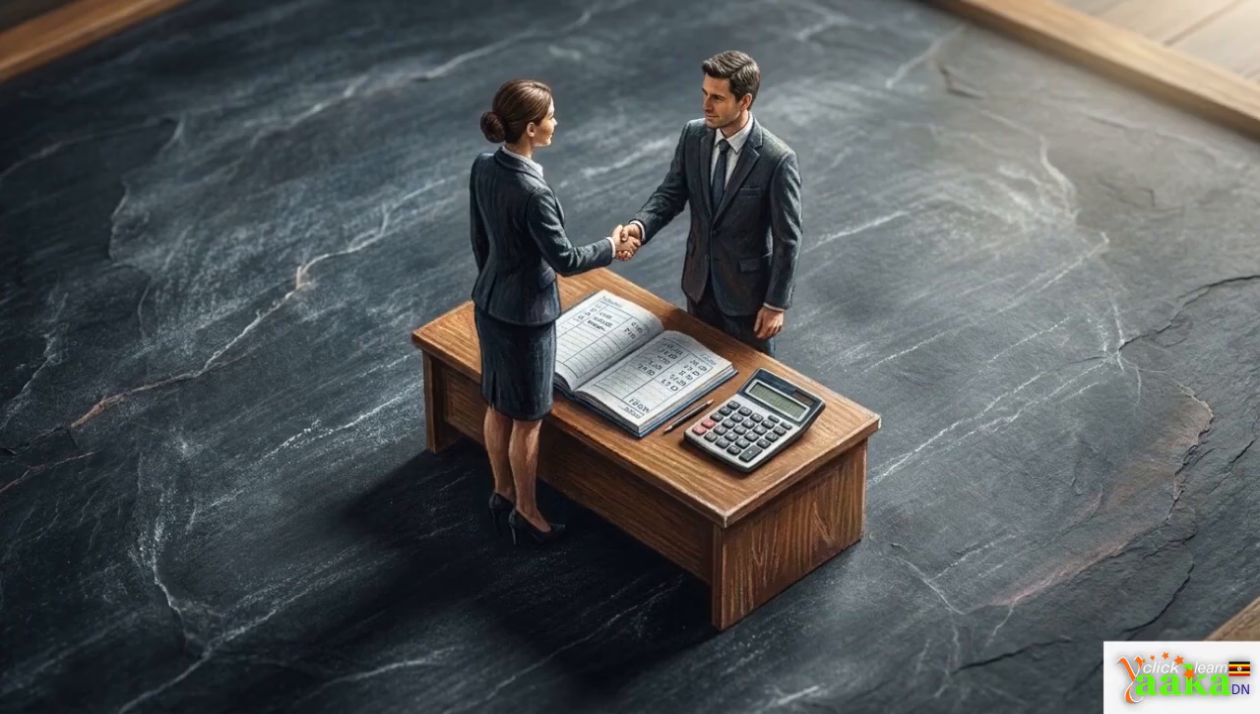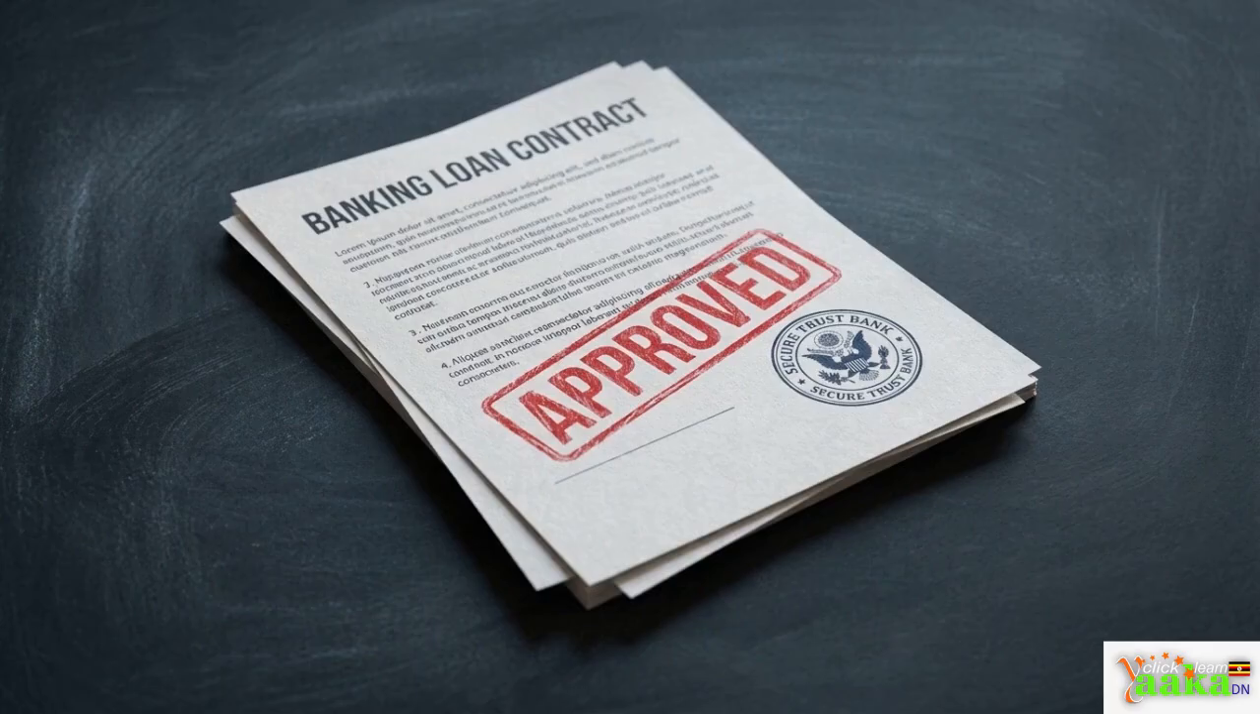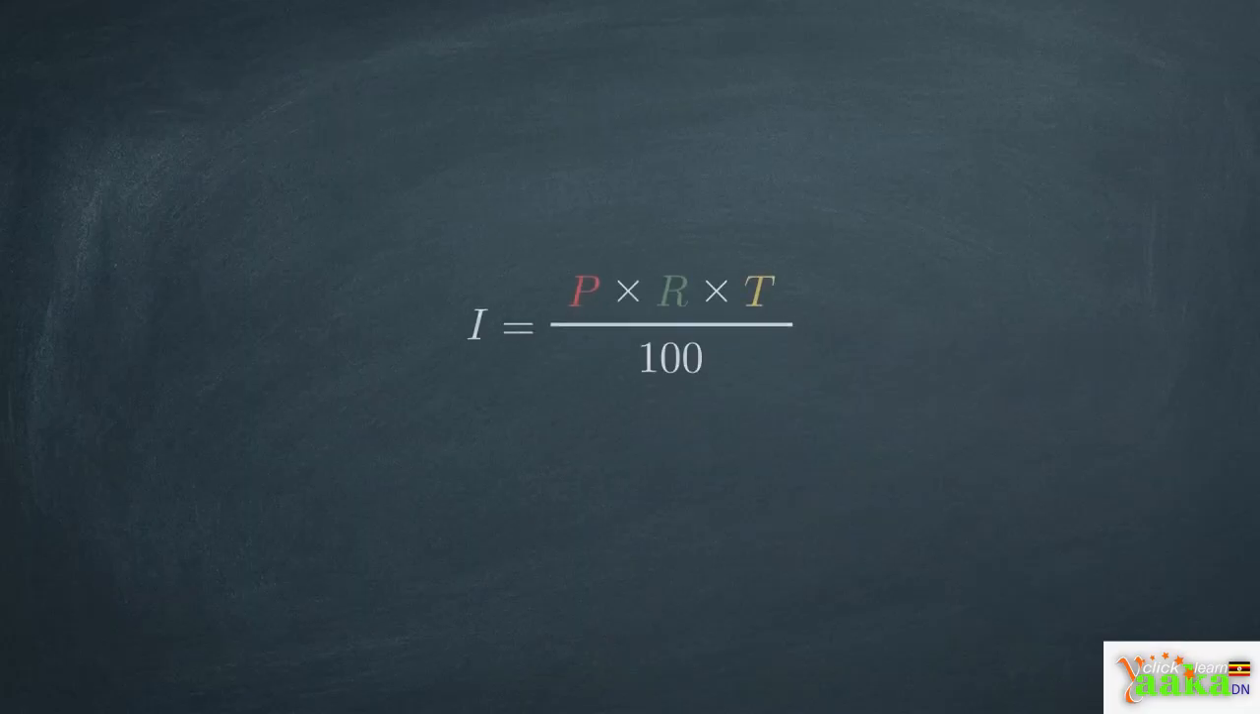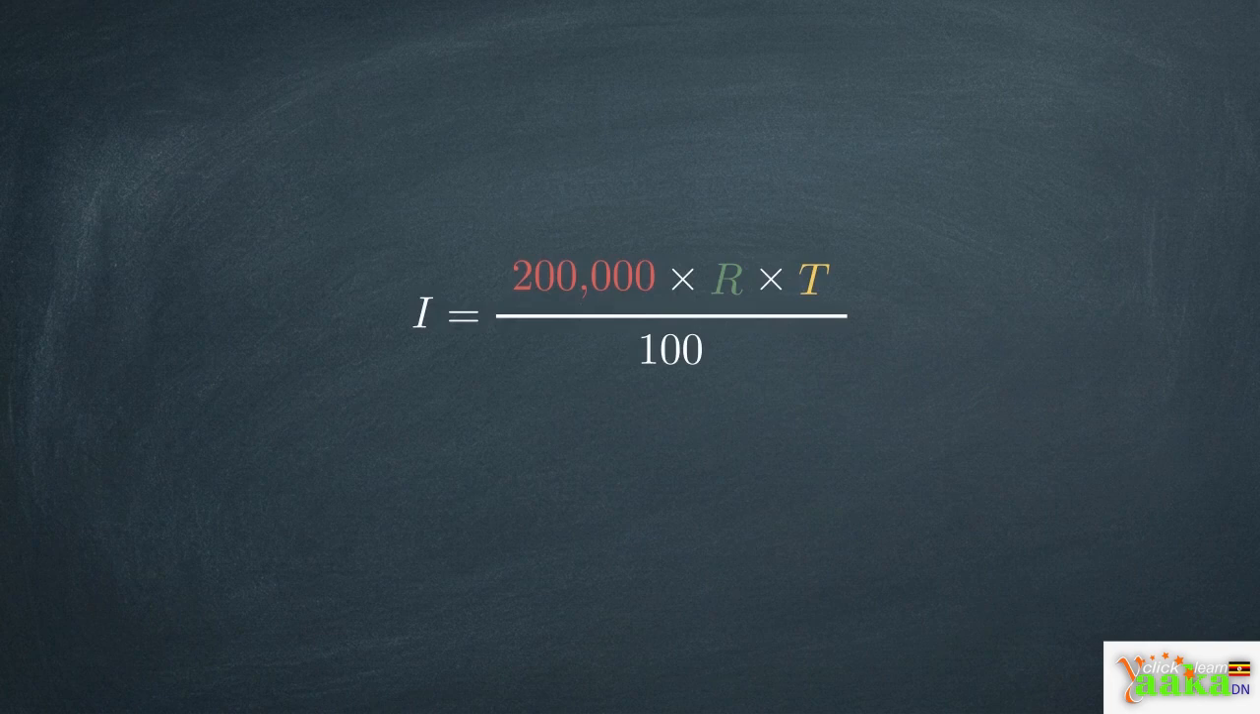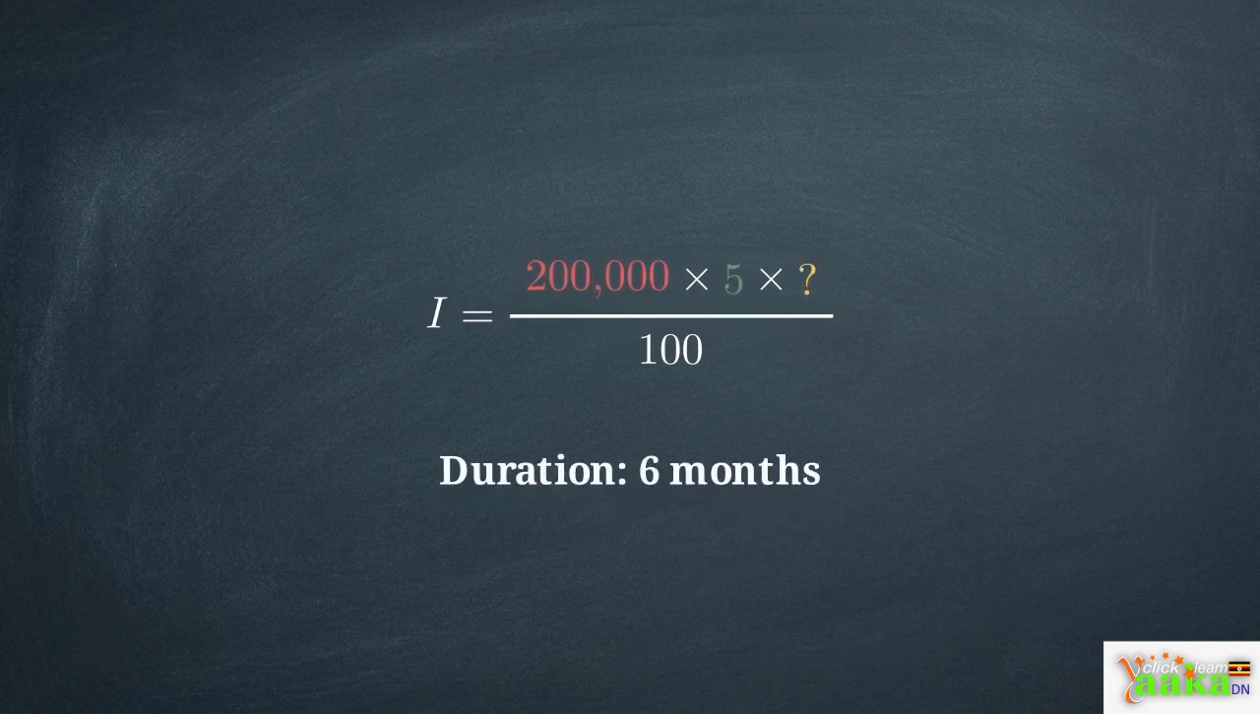When you want to scale that growth, you often need to borrow capital. Banks charge a strict rental fee for using their money, known as simple interest. This formula calculates that fee. Simple interest equals the principal, the original amount borrowed, multiplied by the interest rate, multiplied by time, all divided by 100. Let's test this. Calculate the simple interest on a 200,000 shilling loan at a 5% rate for exactly 6